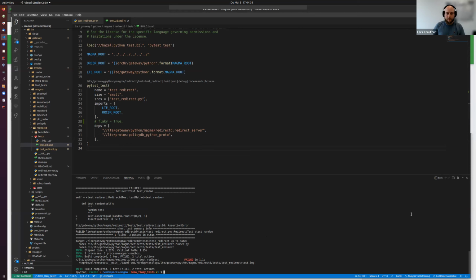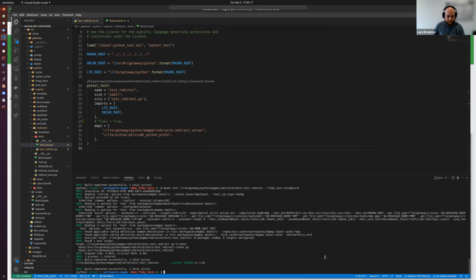Of course, you still don't know if this test is flaky, but there is another flag that you can use, which is flaky_test_attempts. This will also apply to larger sets of tests. Here we're just running one test, but you could also run all tests with this flag. In fact, right now it is enabled on master. What this does is that if any test fails, it will retry the test 5 times and stop after the first success. So if we run that,